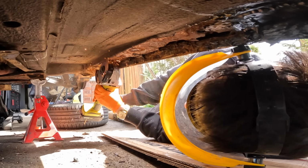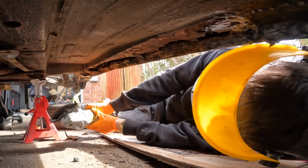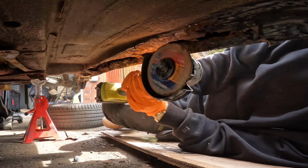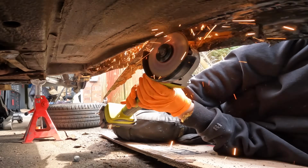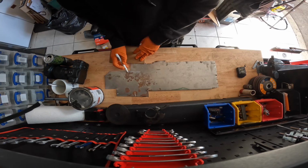So the first thing we had to do was chop out every single rusty piece of metal on this inner sill so that we can replace it with new fresh steel. Then using a bit of leftover sheet metal that I had from last year, we marked and cut it down to size,